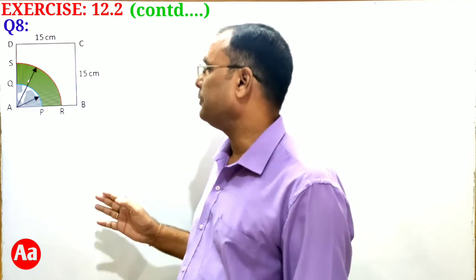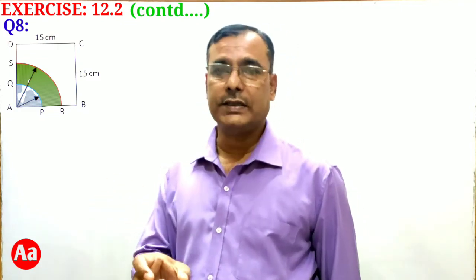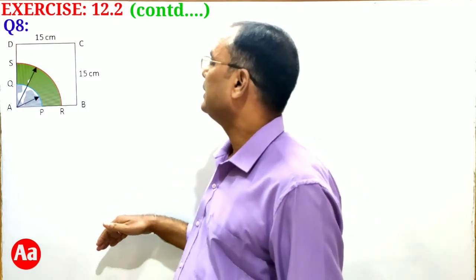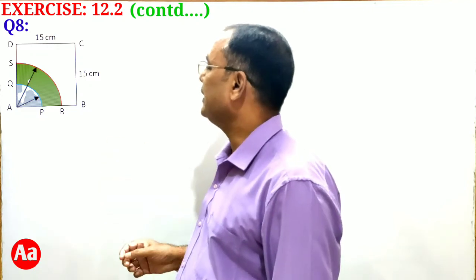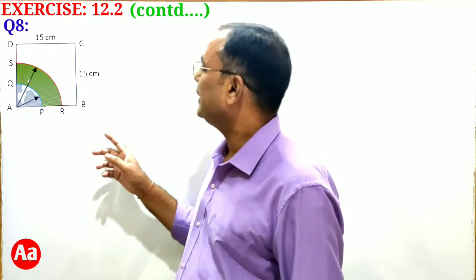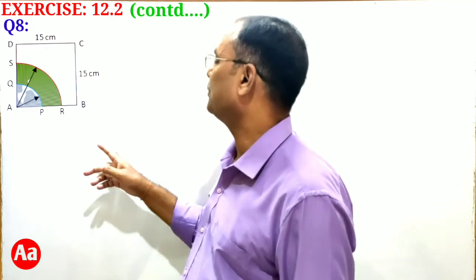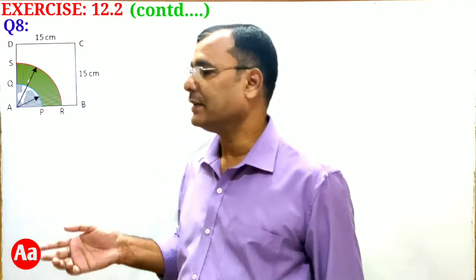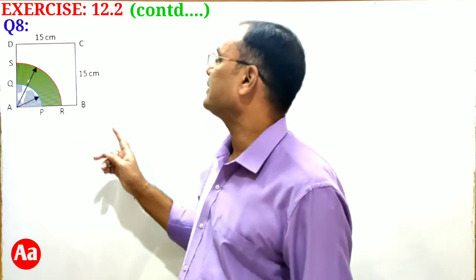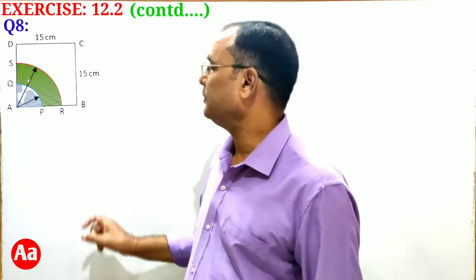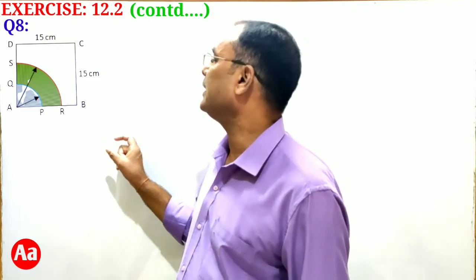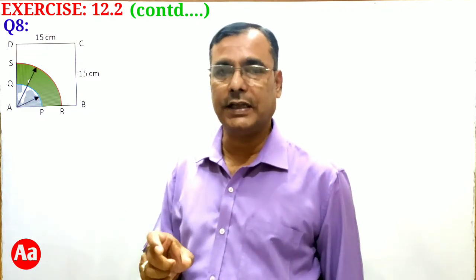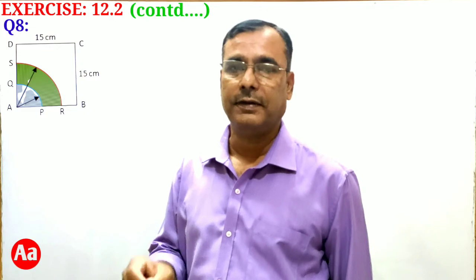In second part, we have to find when the rope was 10 meter long instead of 5 meter, then what will be increase in the grazing area, and that increase in the grazing area is shown, that part which will increase is PQSR. That portion area is increase in the grazing area if the horse was tied with a 10 meter long rope instead of 5 meter.